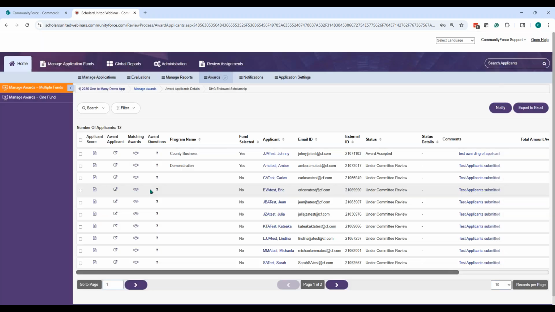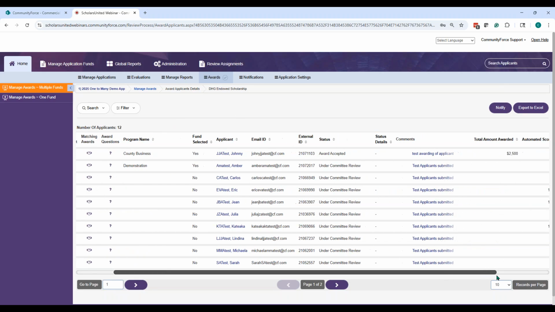Now that list was short, even though you're like, well, she had several funds. Why did she only have a few? It's because in the evaluation setup of those tasks, I only have certain ones turned on right now. So if you were in our other training sessions on the evaluation review, then you'll understand what I mean by turning those tasks on and off. If not, then that would be a good seminar or webinar for you to go back and review on what turning those on and off are.